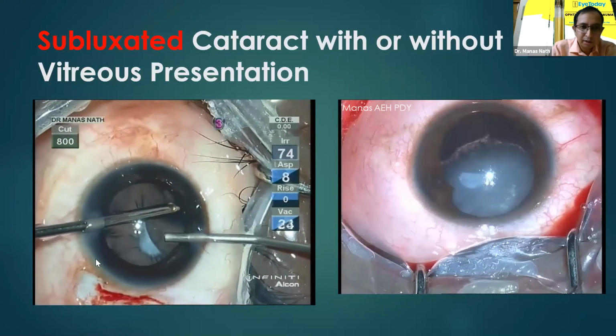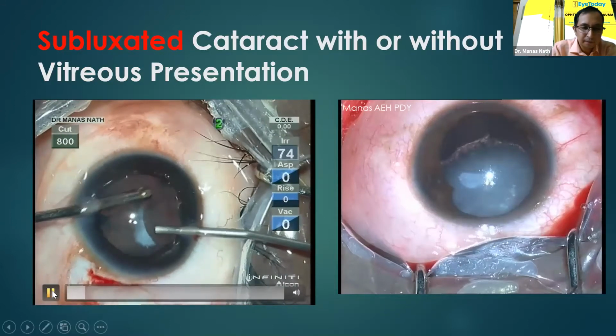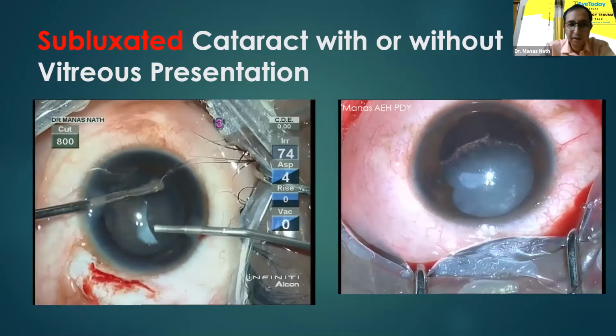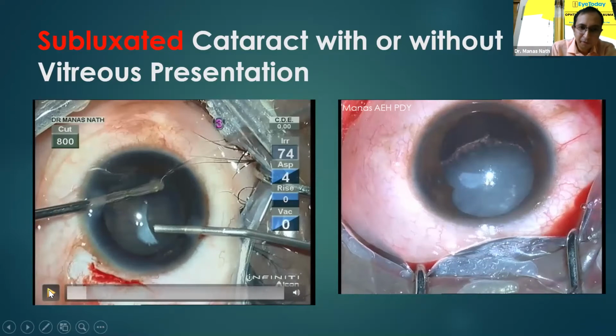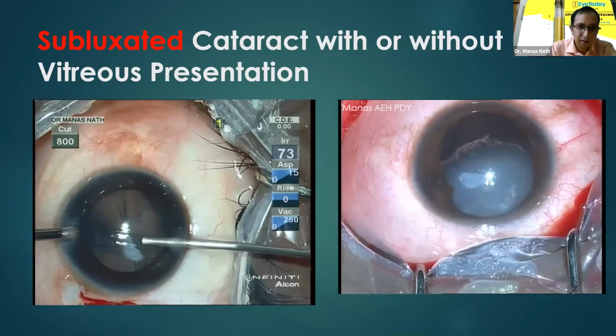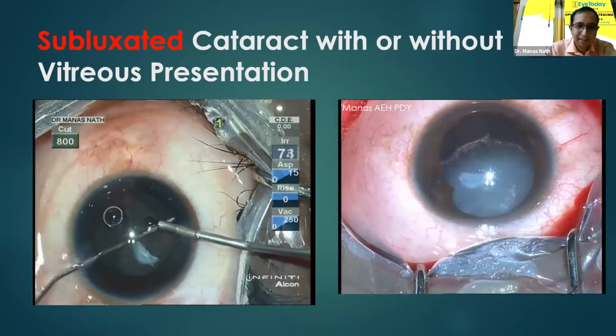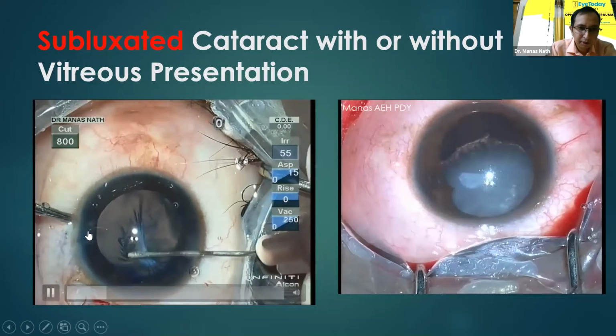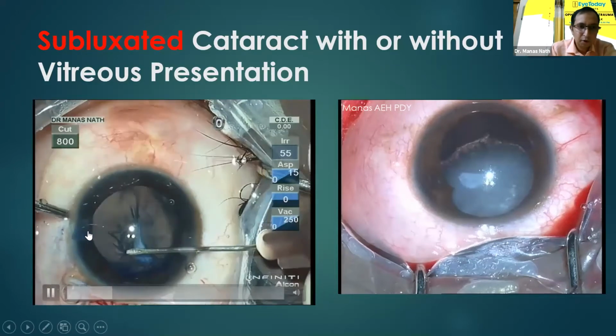The pearl here is not to do a vigorous anterior vitrectomy, because we lose the portion of the vitreous, and sometimes if you do too much vitrectomy, the lens may tilt during surgery. Just do a limited vitrectomy so as to prevent the vitreous from coming into your operating field. Never allow the chamber to collapse, and one can even use viscoelastic to tamponade that area so that the vitreous won't come.